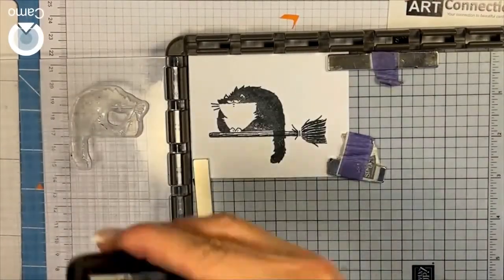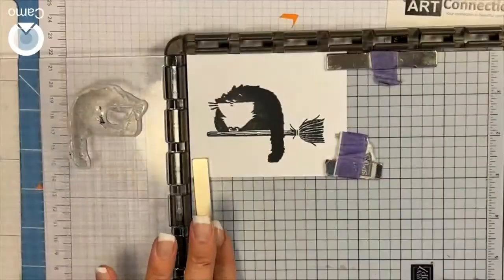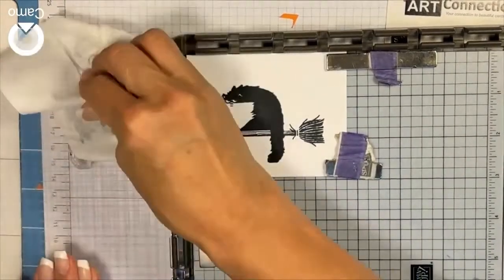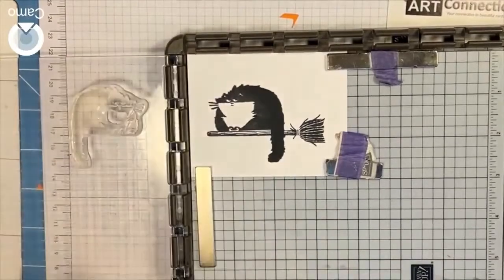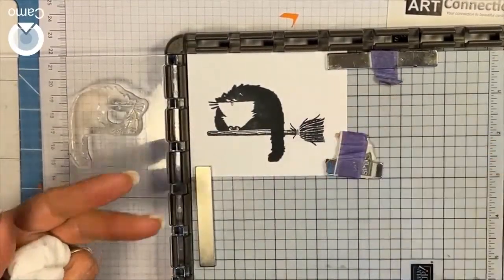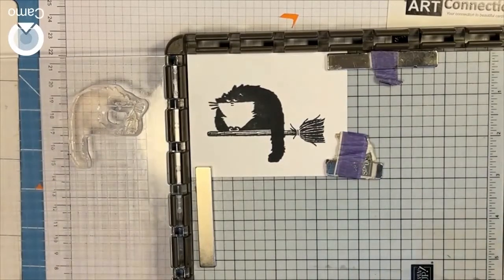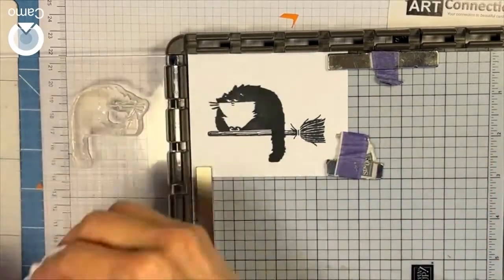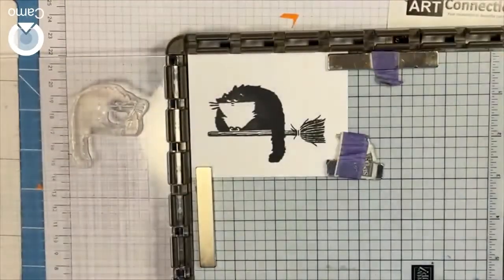Okay, I'm just going to add a little bit more ink. Okay, so there's my cat. Now, I didn't want to use the embossing powder because I want a really crisp line. So that's why I'm using the ink. But now I'm going to take some of the Versamark